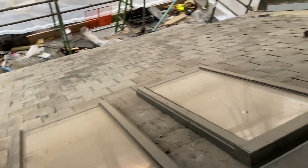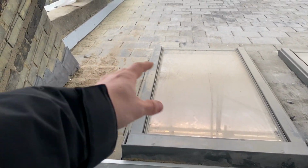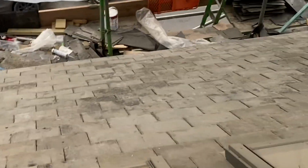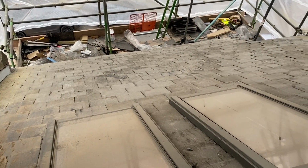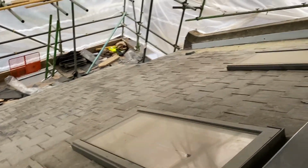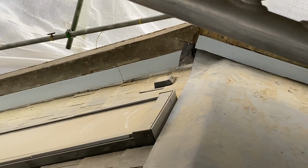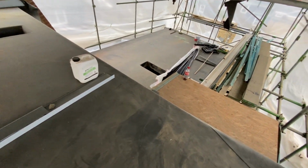The 1.2 meter skylights do look sick. And then you can see obviously all the reclaimed slates. Very dirty at the moment, but with rain and whatnot, it's going to look sweet. And you can see obviously the vent over there installed, the vent over there installed as well. And yeah, like I say,